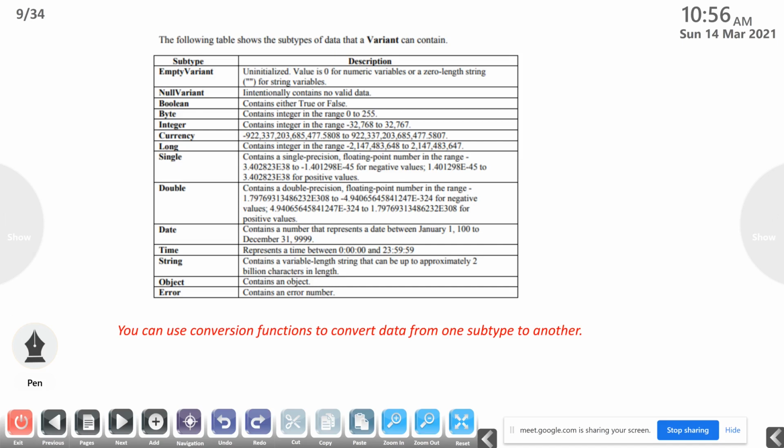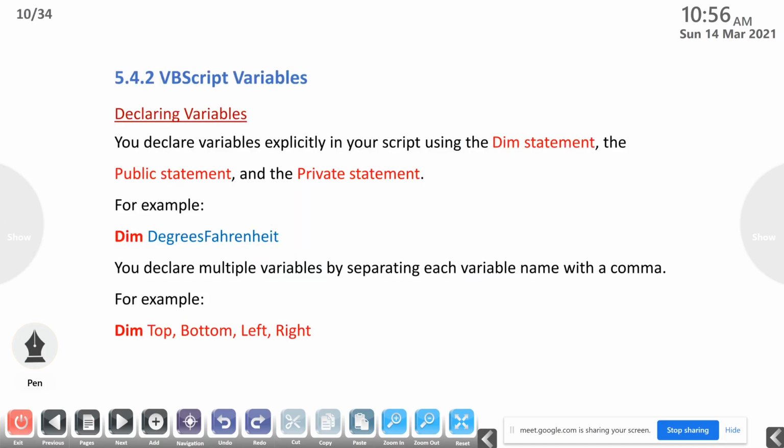From integer we can convert to string, and from string we can convert to numeric data type. By using the conversion functions we can change the data type of the data that we are giving.